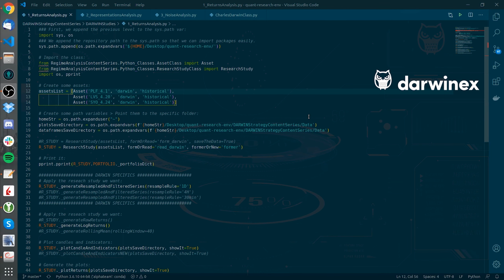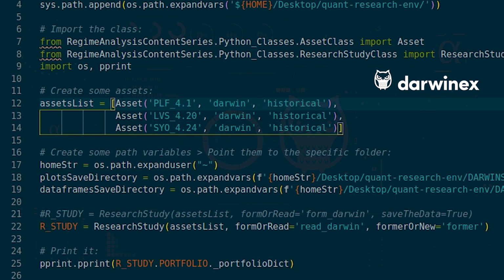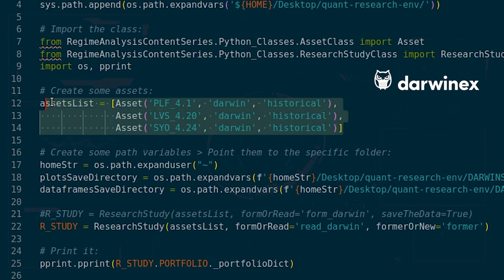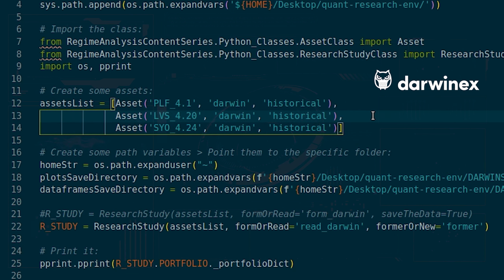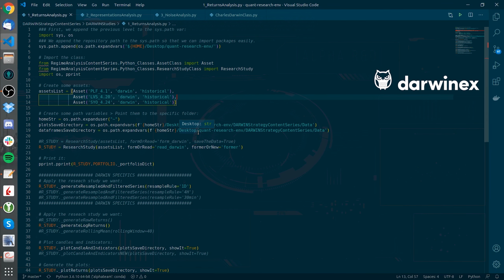For now, I will just leave you with an example of how to analyze Darwin assets, and I suggest you take this exact code that you see on my screen now, together with the previous video's code, and execute them in parallel to compare how Darwin assets' return distributions compare to traditional asset distributions. As you can see here, we will create asset objects just like before, and the subsequent code is exactly the same as with traditional assets, generalizing the previously presented framework to the maximum and giving even more flexibility to accomplish